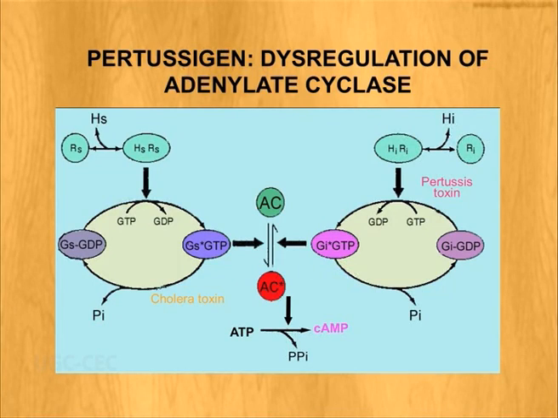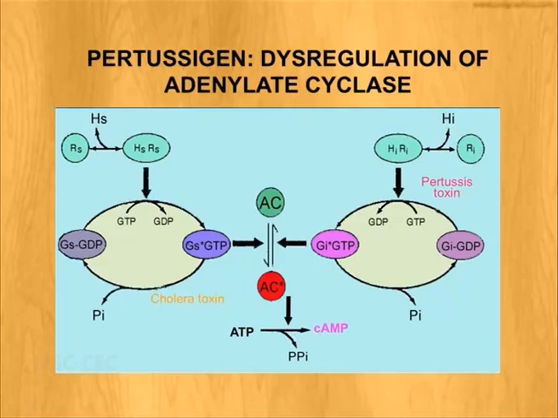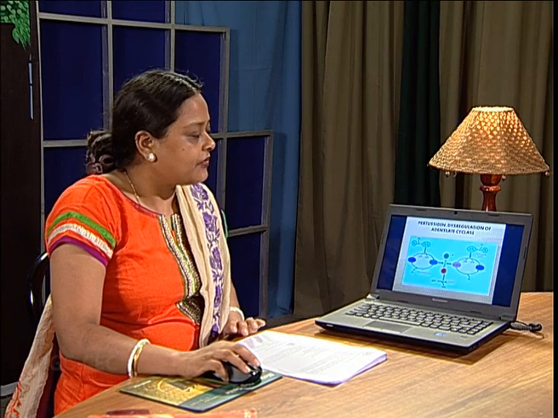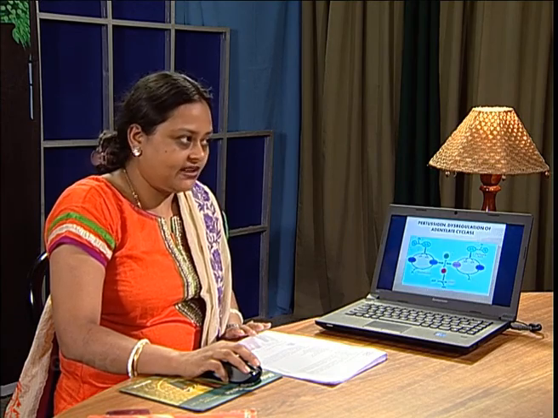The adenylate cyclase toxin, pertussinogen, is also responsible for the dysregulation of adenylate cyclase, as happens with the cholera toxin. I think you are aware of what happens with the cholera toxin. A similar effect happens, and we have the discharge of mucus and other things due to the dysregulation of adenylate cyclase, AC, which functions to generate cAMP. So together with the pertussis toxin, the first one, PT, and AC, both help in the actual triggering of the organism into the ciliated cells. We will be seeing that shortly, but let us see what are the other toxins.